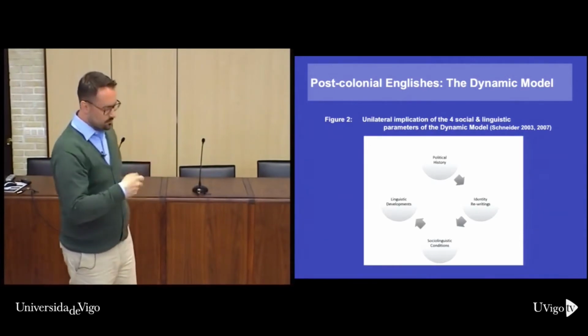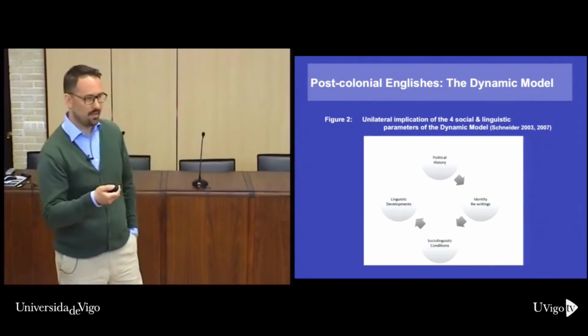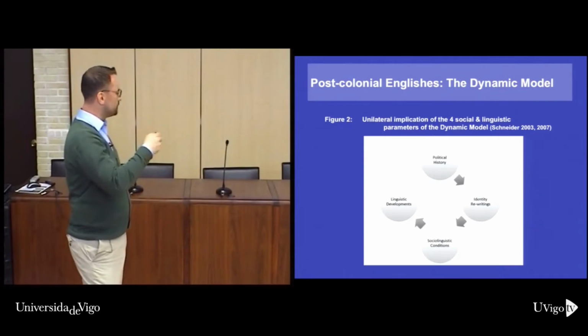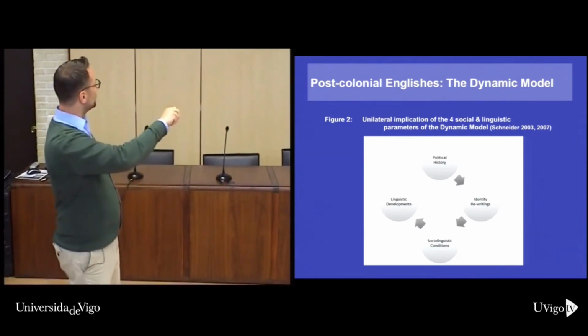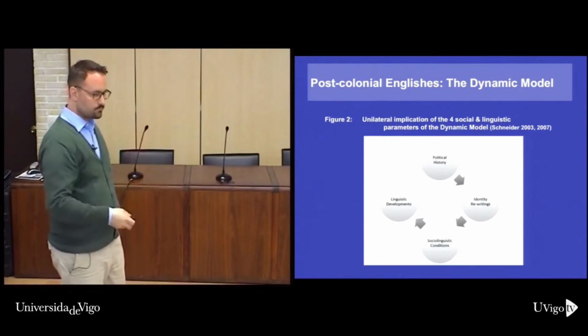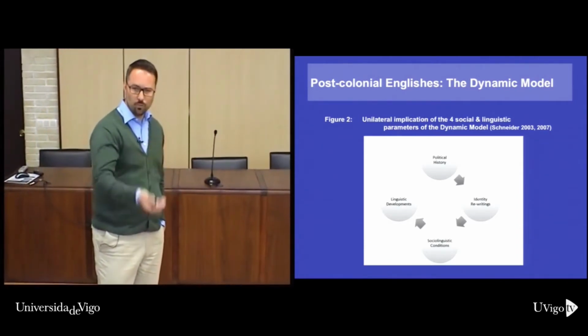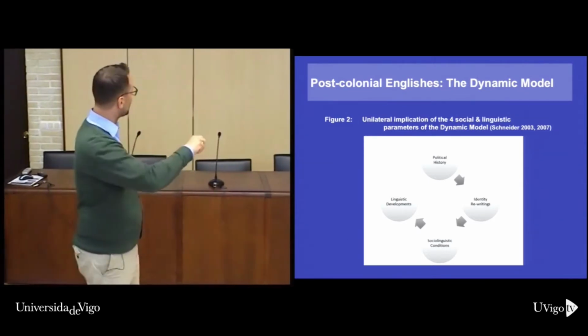For all of these stages, despite that I've collapsed all of these, it's important, as Edgar says, to look at four things which depend on each other and which sort of, like a causal chain, affect each other. So you can look at the political historical situation. For the foundation phase, when did the colony start? Who went there? What was the political status of this colony?